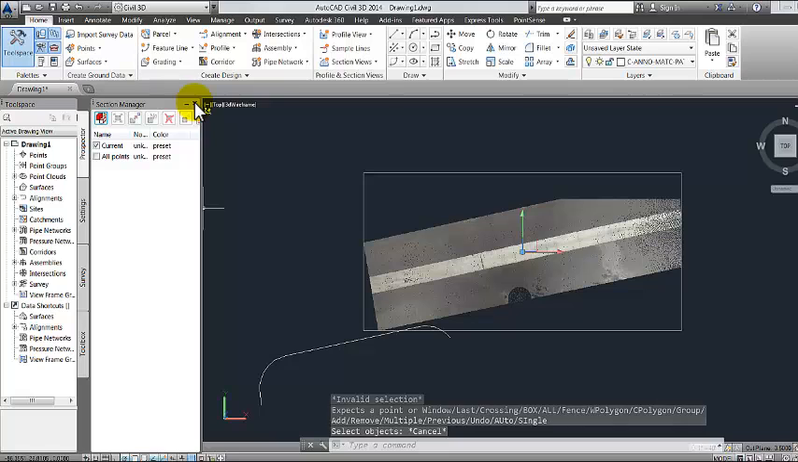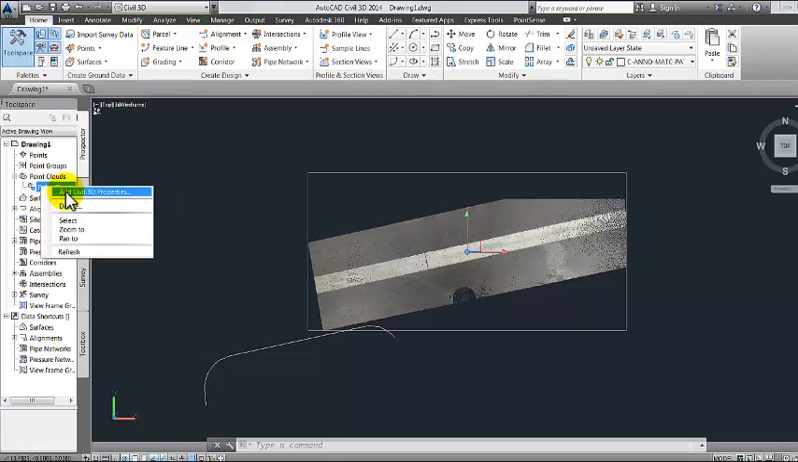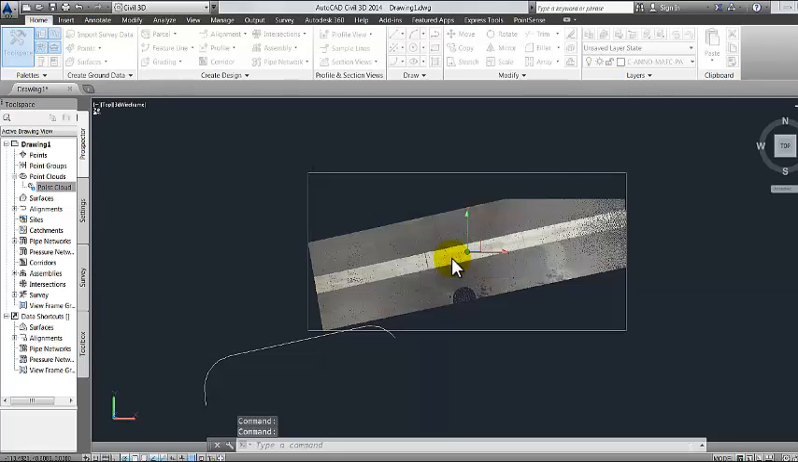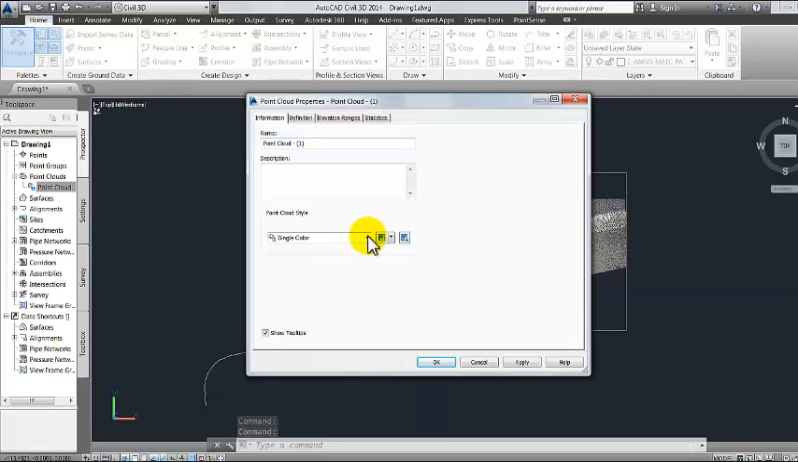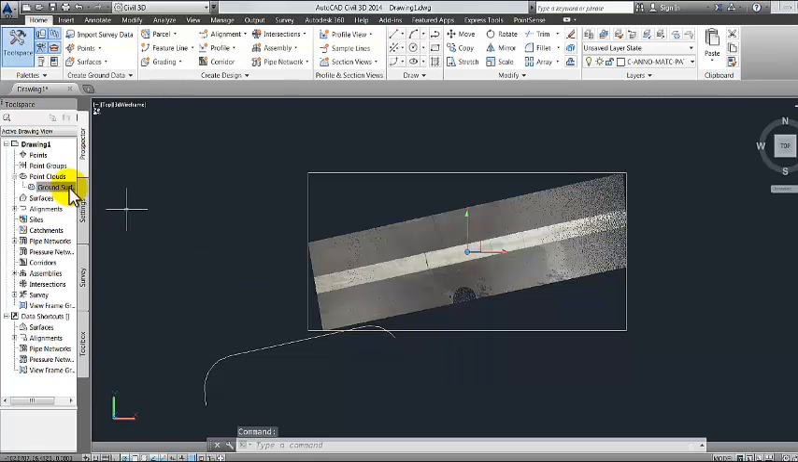This is a Kubit toolbar that shows up here. We can close out of that to give ourselves some more space. And what you'll notice is on the left hand side you can see our point cloud here, which does not currently have Civil 3D properties, but if we right click we can say add Civil 3D properties and then hit yes. And we can call it our ground surface and have it be true color. We'll hit OK. So our point cloud now has Civil 3D properties,